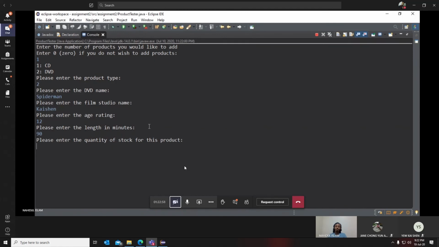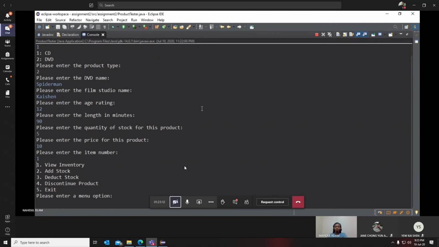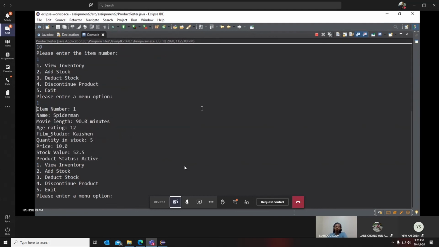Then we have to enter the quantity of stock for this product. So let's say 5, and enter the price, which is 10 ringgit, and the item number, we'll just put 1. So now we can choose 1 to view our stock, and we can see that we have added this CD,